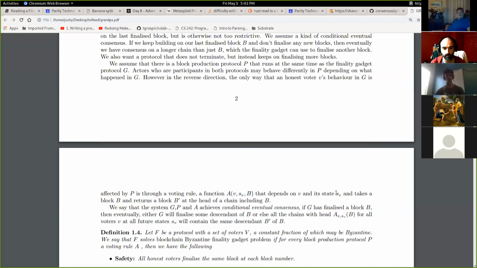I also feel like SV wasn't totally clearly defined. In the next paragraph, it says SV will contain the same descendant B prime of B. Oh, yeah, okay. So SV is blocks or